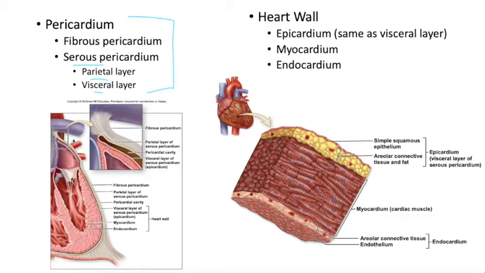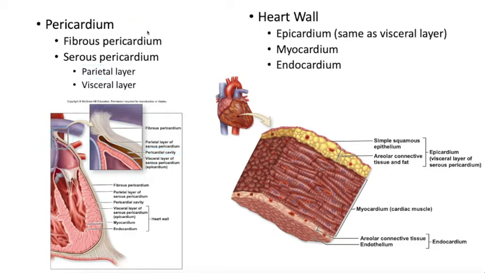So in this diagram here, just to clarify, this is a very superior part of the heart. And they've zoomed in here, and you can see this is the visceral layer that's adhered very tightly to the heart. And then this is the parietal layer here, the more superficial layer. In between them is a pericardial cavity filled with serous fluid. Your book illustrates it as if it's a reasonably large space, but there really isn't a lot of space in there. It's just a thin film of fluid that allows the heart to move freely and not rub up against other